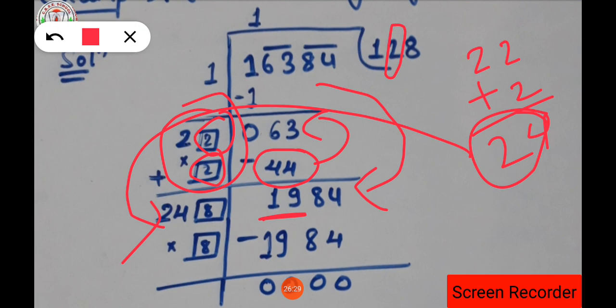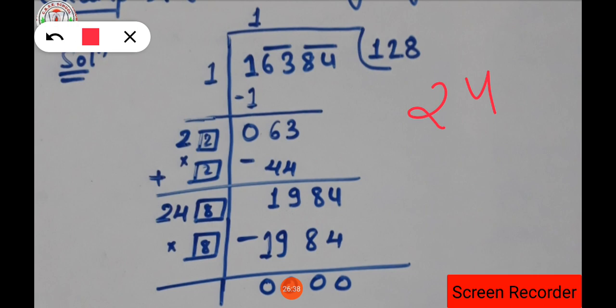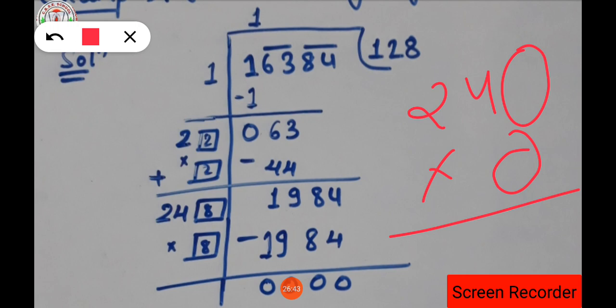Okay. Now again you have to think of a number. That number will be multiplied with 224. You have to think of a number that will be multiplied here. So let's suppose 8 will be there. So 8 8s are how much? 64 we are having, isn't it? So again this number will be multiplied and you will get 1984, which is the same as the above 1984. It will get subtracted and it will be 0.